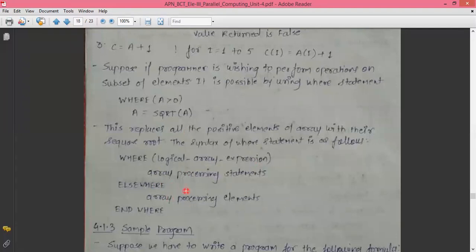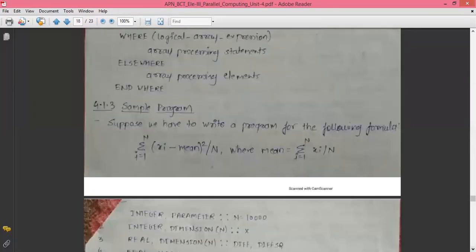In typical C programming language, instead of writing where, we use the if statement: if else, else if, or nested if else. Here, instead of if else, it uses the where statement. The execution of the if else statement in C is identical to the syntax mentioned here. Instead of if, Fortran 90 uses where followed by the condition, then an else statement with another condition, and then the end statement. This is just the introductory part to learn the Fortran 90 parallel programming language.